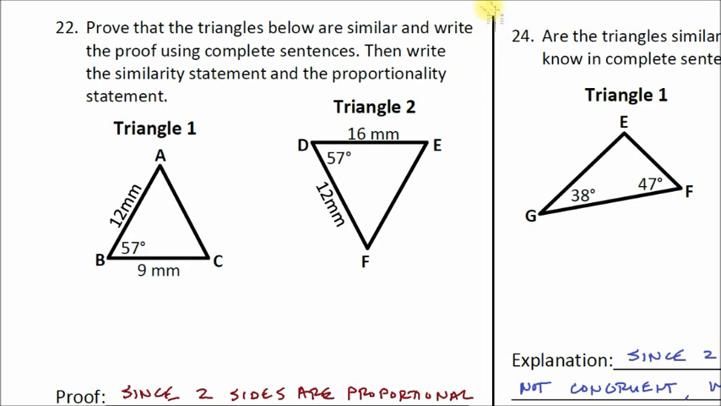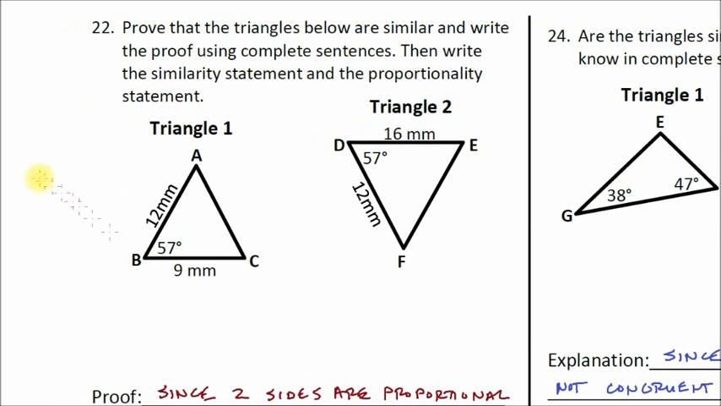Right, we're on question number 22. Prove that the triangles below are similar and write the proof using complete sentences. Then write the similarity statement and the proportionality statement. Now class, when you get these proofs, you're going to have to go through the three ways that we can